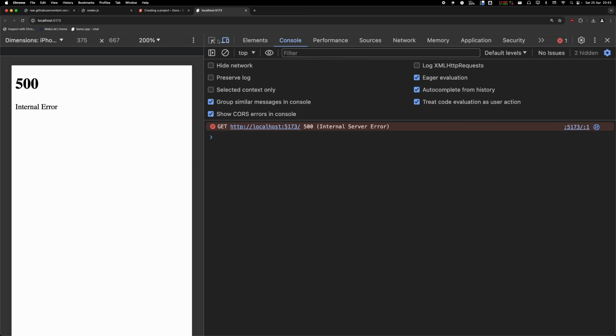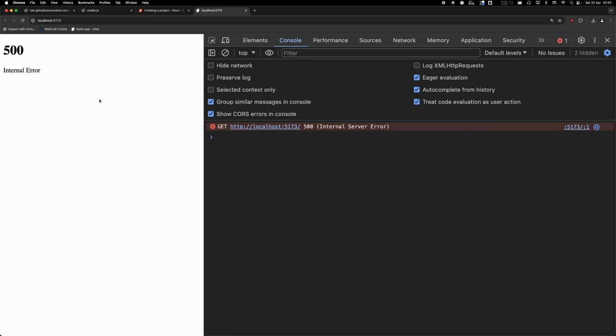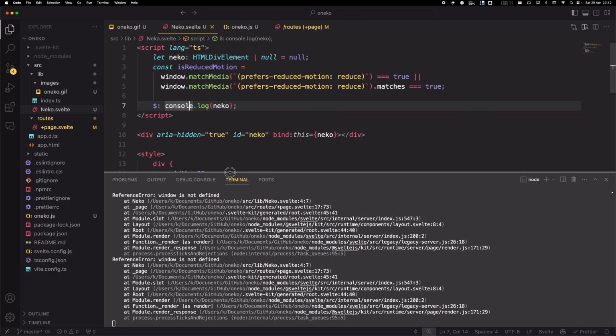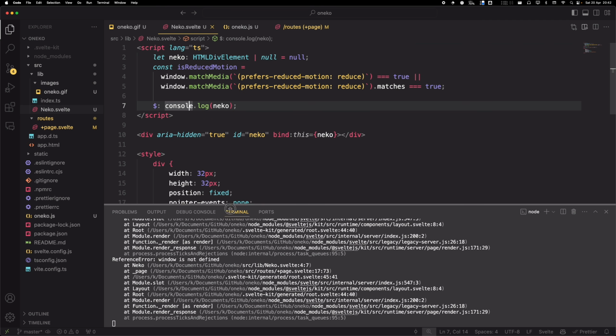Why are we getting this internal error, you might ask? Well, let's have a look at the console here. So we get this reference error, window is not defined. And the reason for this is because